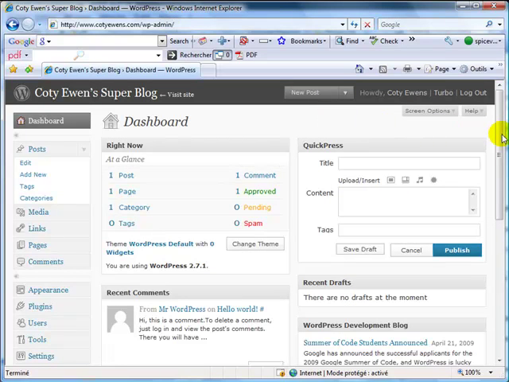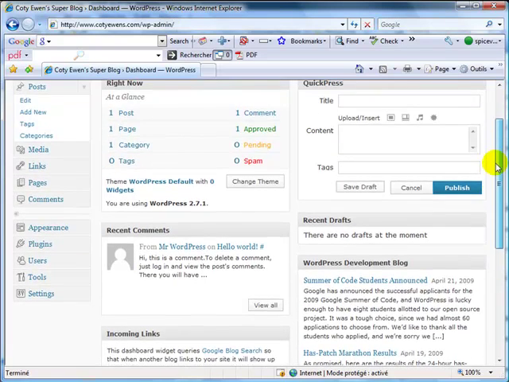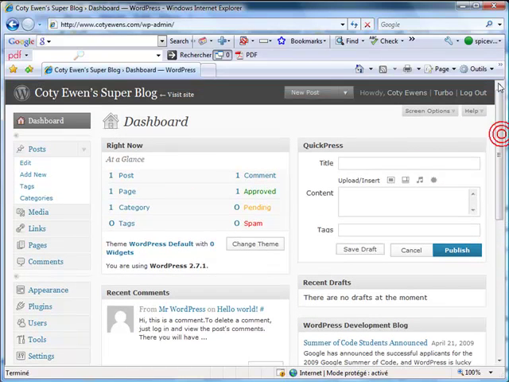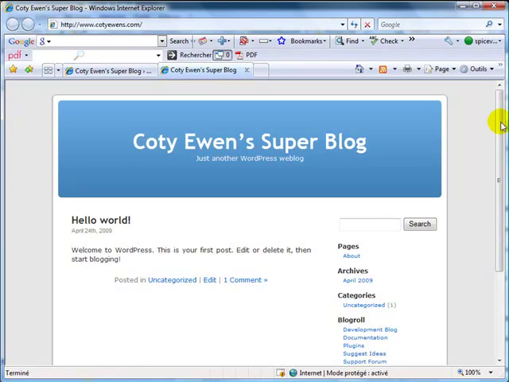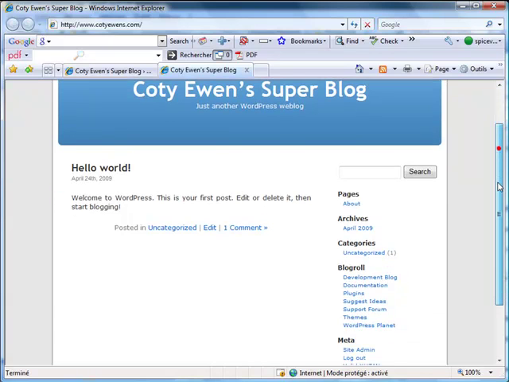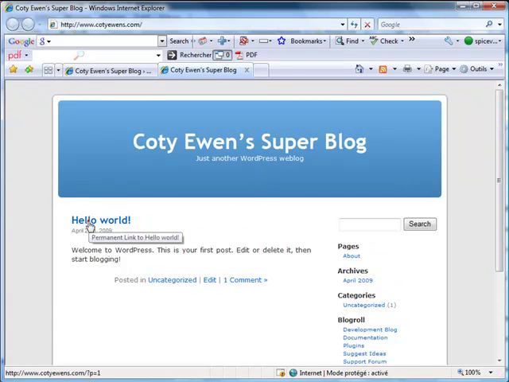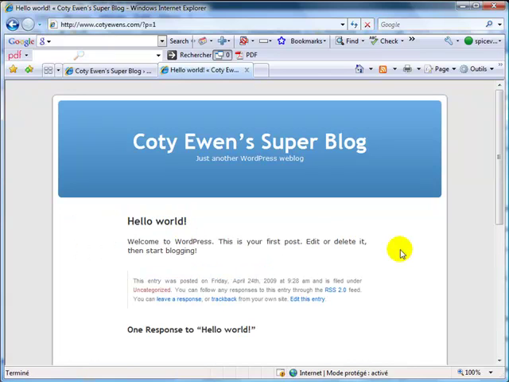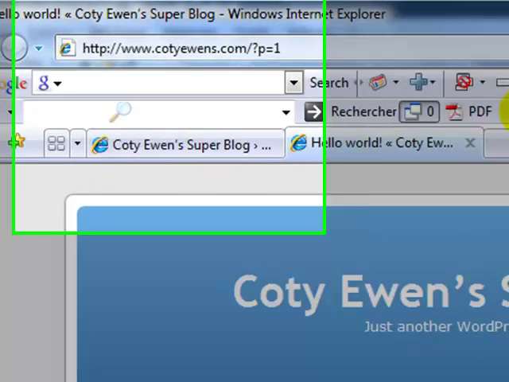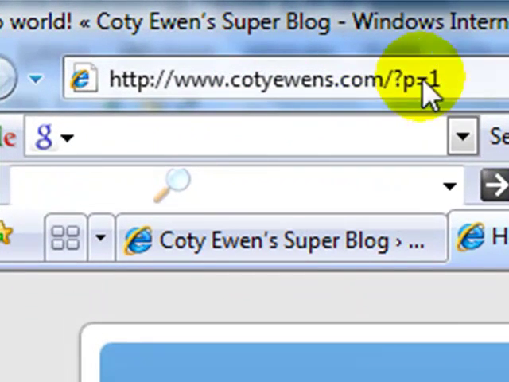and the first thing you have to do is to change what we call the permalink structure. Let me show you the site to explain what it is. The default settings are not very good, so you have to change some little things. Let's have a look at this post. Hello world. It's a default post created by the WordPress installation. So if you look at the URL, the post name